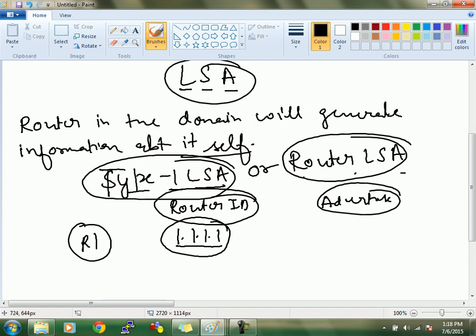So LSA ID and router ID will be same. मैं अपना एक डेटाबेस बना रहा हूं, मैं अपने डेटाबेस को कैसे रिप्रेजेंट करूंगा, अपनी राउटर आईडी से कर दिया। मैं जब उसको किसी और को दूंगा, यही बता के दूंगा ना कौन दे रहा है, मैं, और एडवर्टाइजिंग राउटर भी कौन होगा, 1.1.1.1। इसका मतलब in case of type 1 LSA my LSA ID and my advertising router ID will remain same. ये बात समझ में आई? पक्का? लिंक स्टेट आईडी और एडवर्टाइजिंग राउटर आईडी क्या रहेगी, सेम।